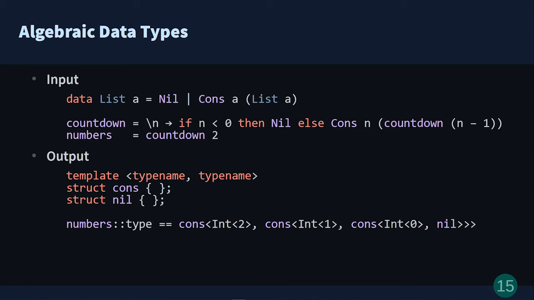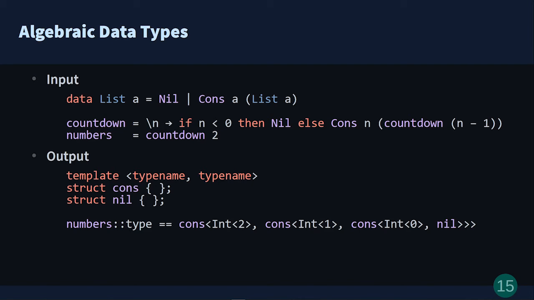If we translate this program, we get the usual structures called countdown and numbers, but we also get a templated structure named cons. Notice that the structure itself doesn't contain anything useful. Only the template parameters are used to store the values of the 2 fields of the constructor. Similarly, we also have one structure named nil, and since the nil constructor doesn't have any fields, the resulting structure is not a template. There are no template parameters to store the fields.